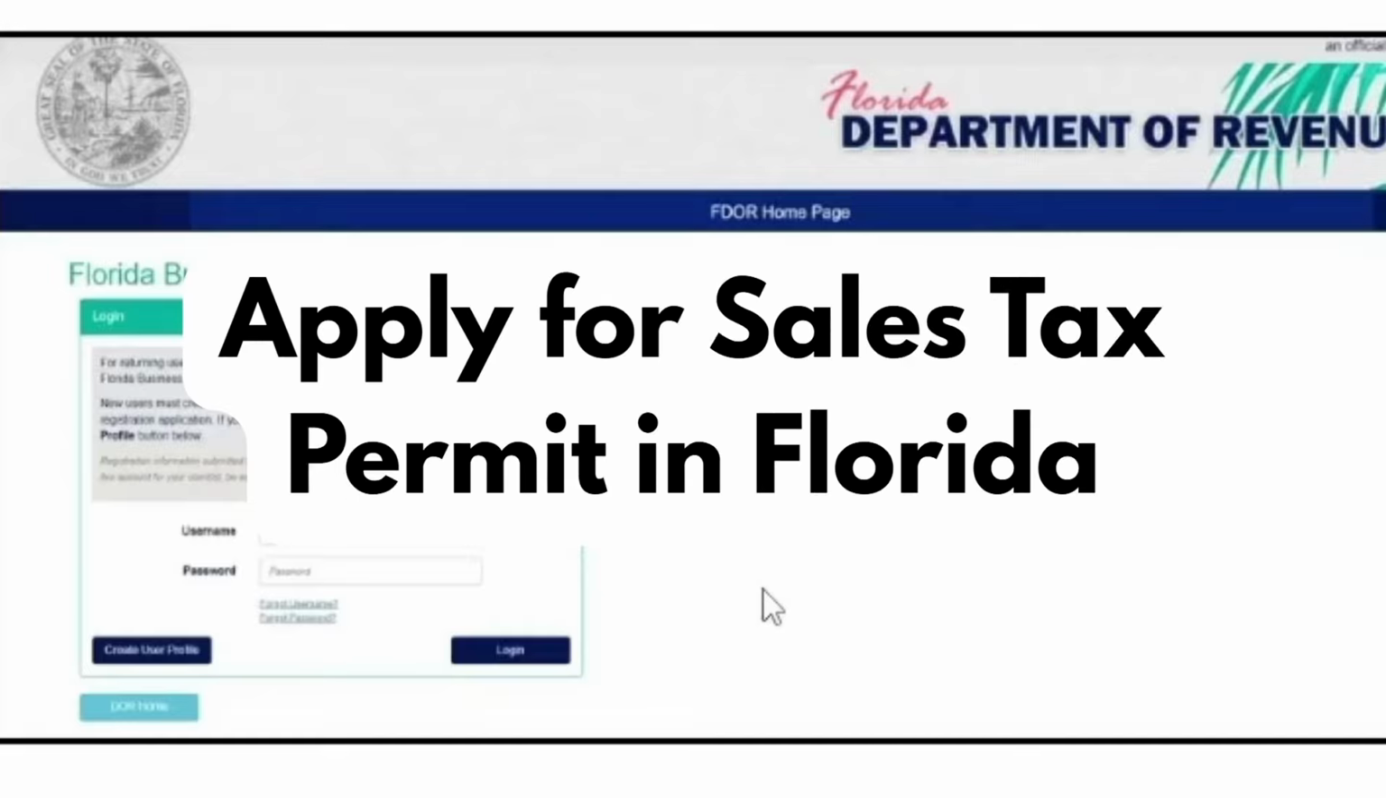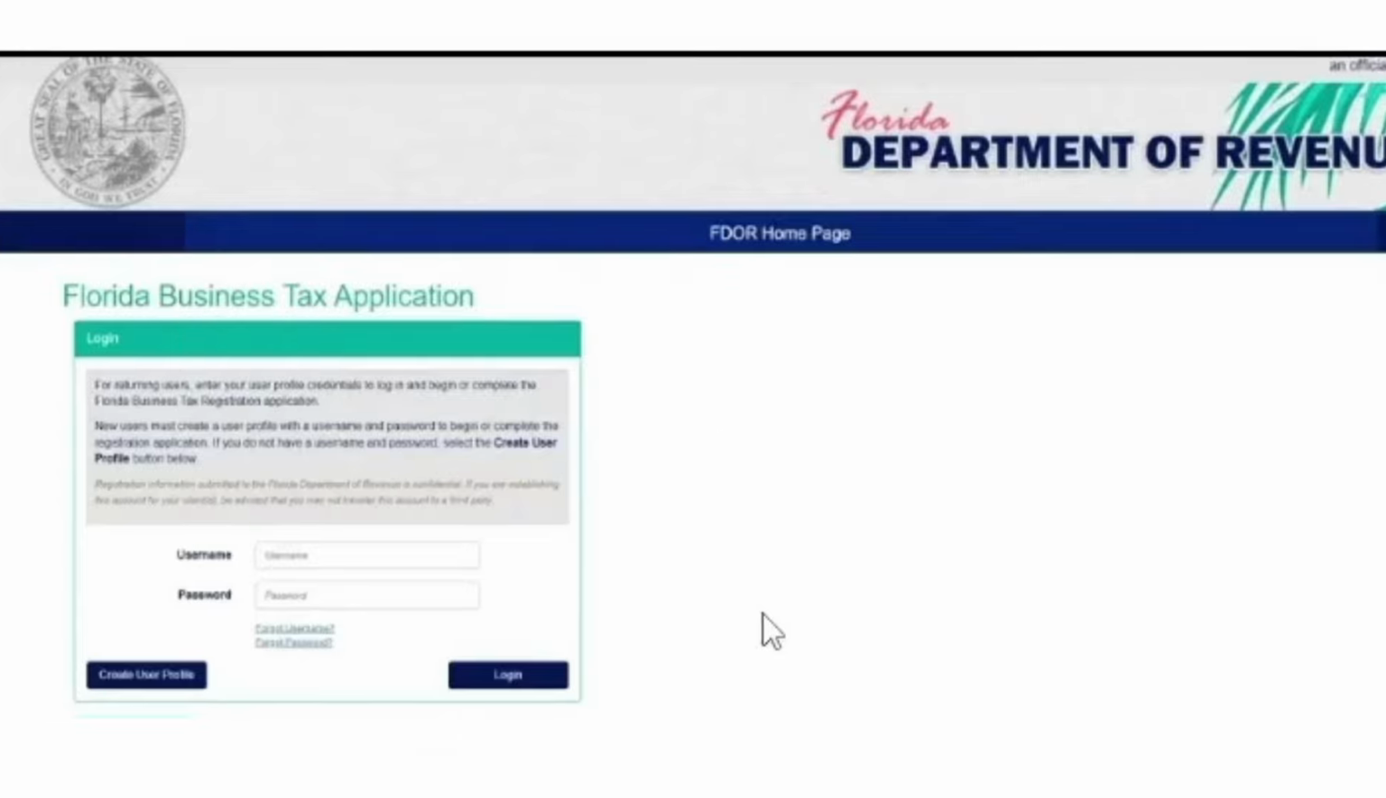So in this video, I'll be teaching you how to apply for a sales tax permit in Florida. So first, you need to go to the Florida Department of Revenue, under which you will see the Florida Business Tax Application, wherein you should log in. Just enter your username and password and click on the login button located at the bottom